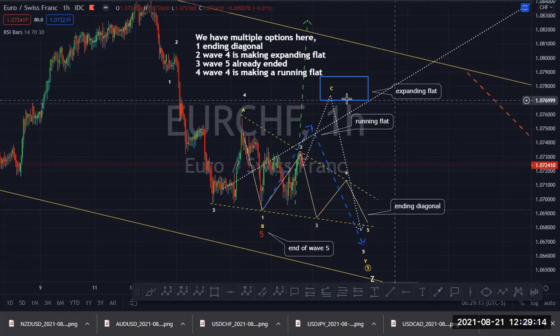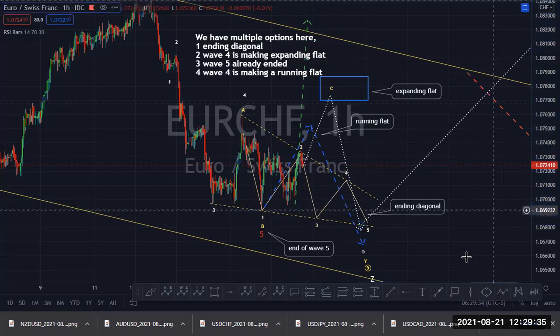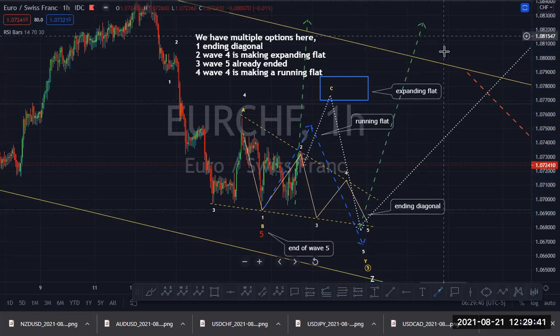So option 1, we're going to have an ending diagonal. Watch this. This can be 1, 2, 3, 4, 5. This is what I think will happen: an ending diagonal, before the buying will start from here. Then option 2,